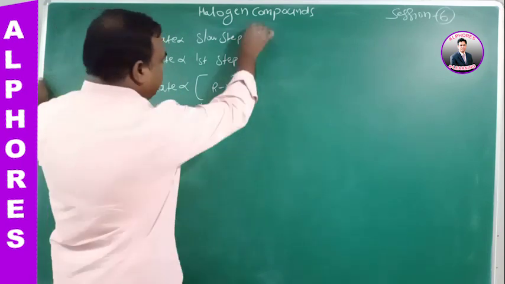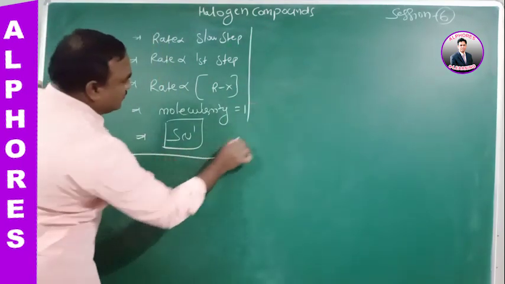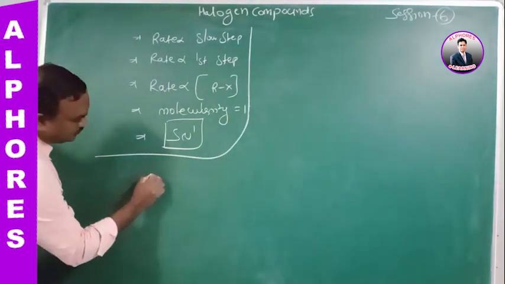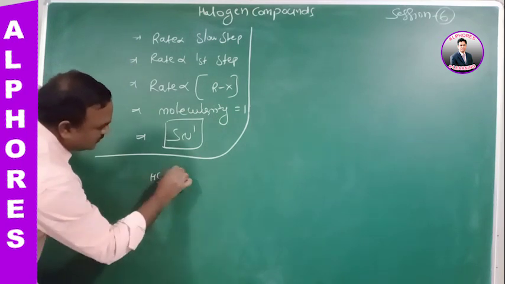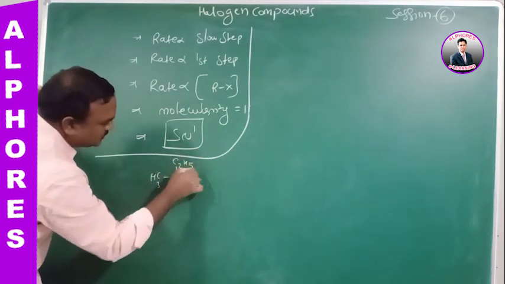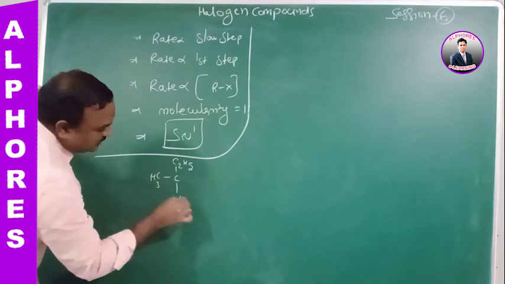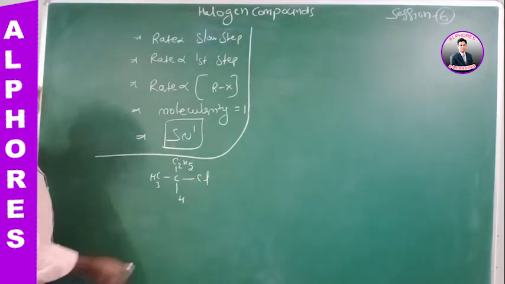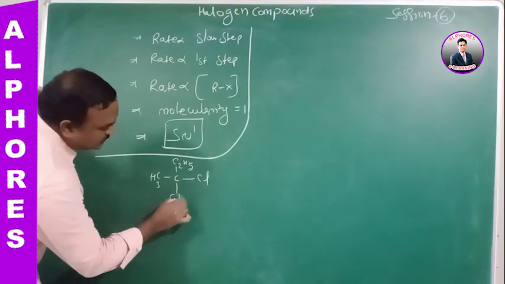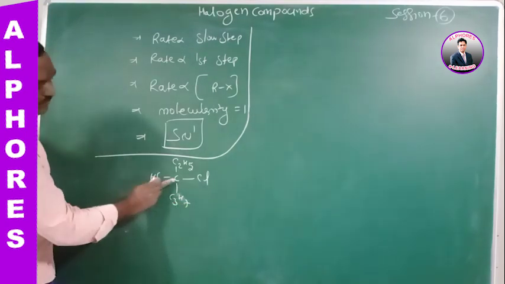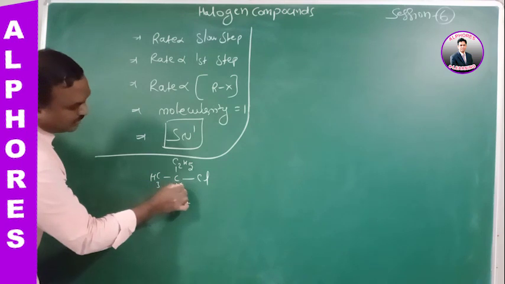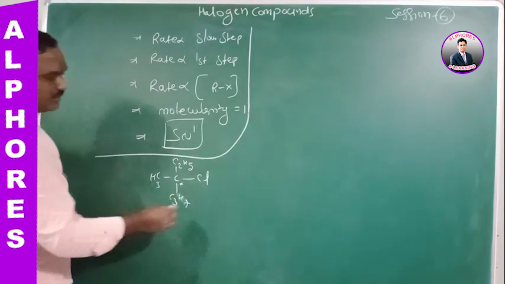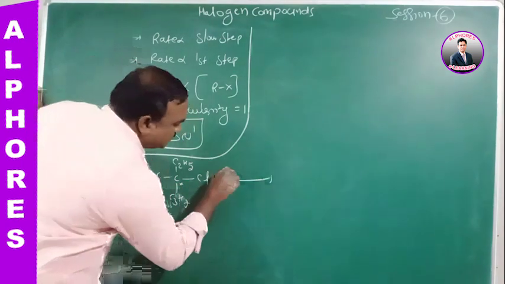Let's check an example. Here CH3 is given, here C2H5 is given, here H is given, here Cl is given, C3H7 is given. The given substrate is carrying how many chiral carbons? One chiral carbon here. The compound reacts with